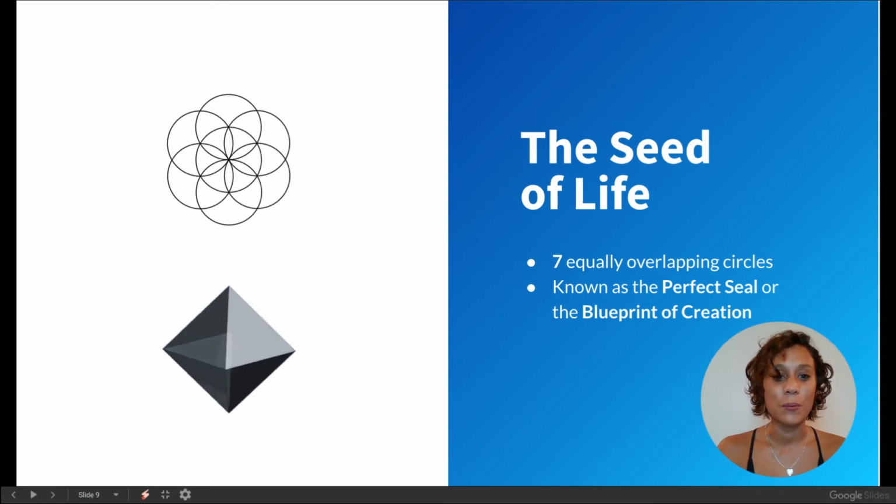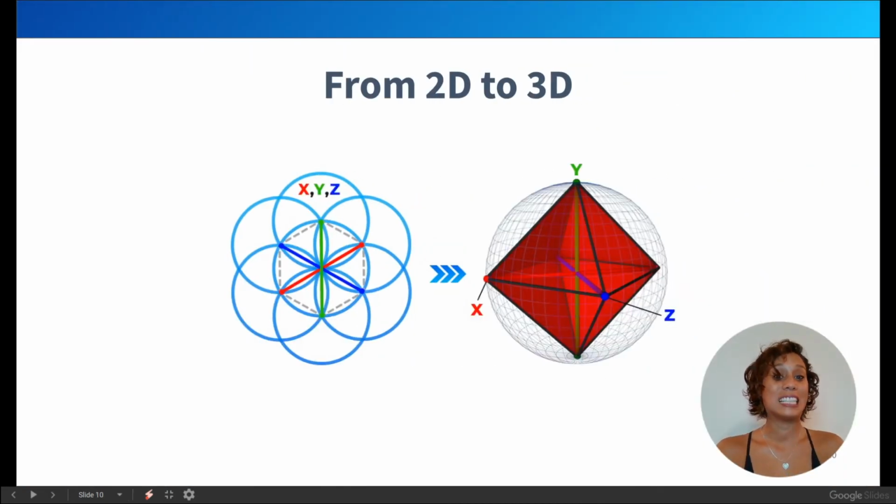But now I'm going to show you how this shape can basically just be created by overlapping circles. So it follows the circular rotational model, but it doesn't stop with 1 circle. It continues making 7 and it makes the seal. Now, once it has these 7 circles overlapping, then you can draw 3 lines, like 3 axes that are at 60 degrees to each other when they lay flat on the plane.